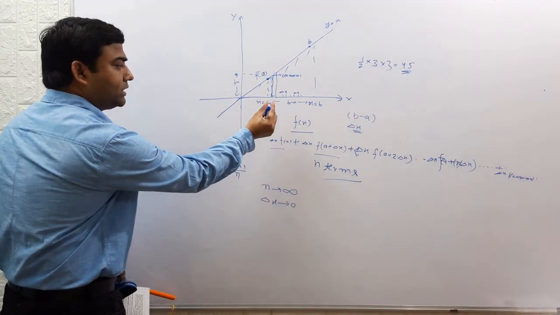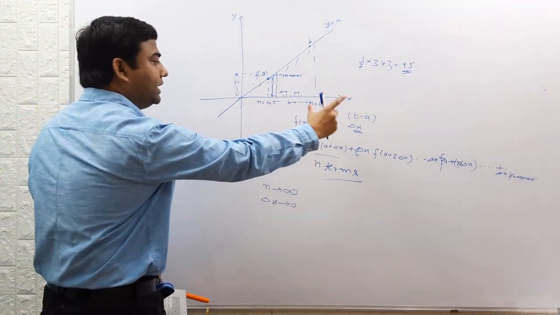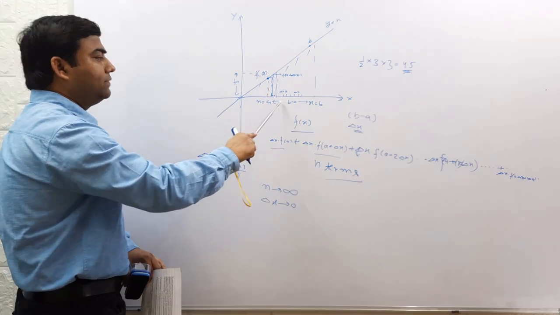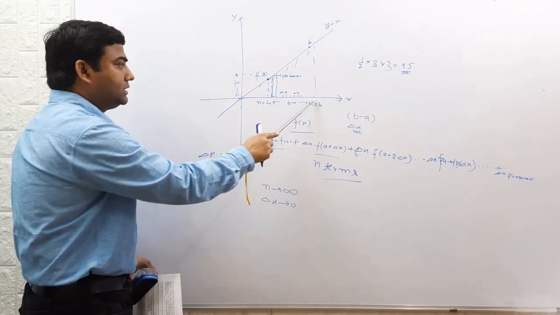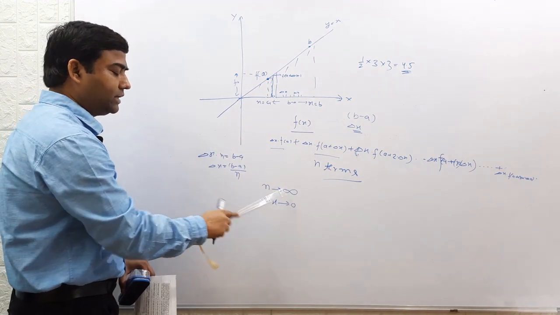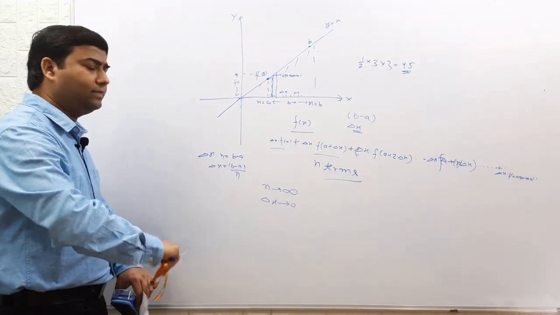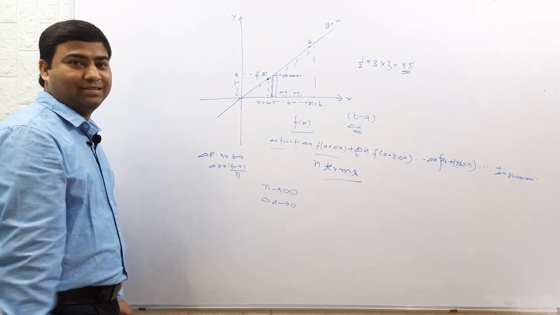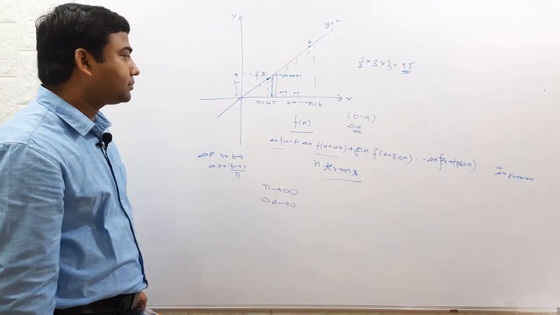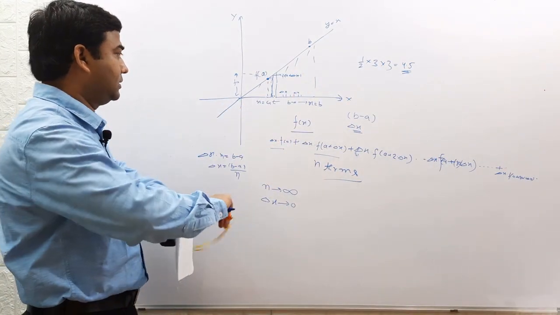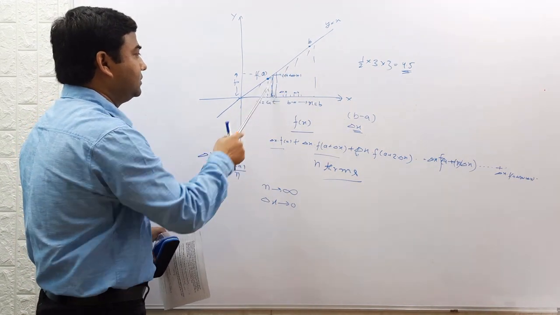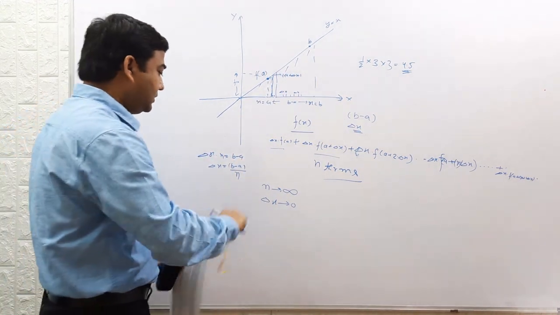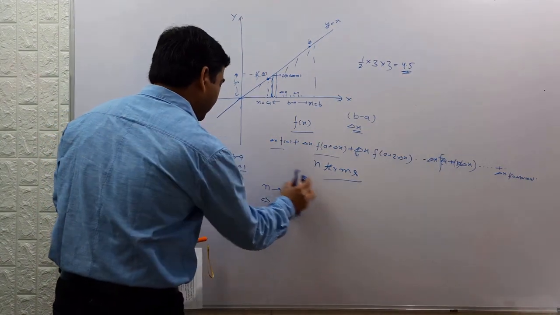Delta x will be smaller and smaller as the number of divisions increases. If we divide into an infinite number of terms, this distance, delta x, will tend to 0, and we will get a more and more accurate area of this curve between the x-axis and this curve. So this is the general expression